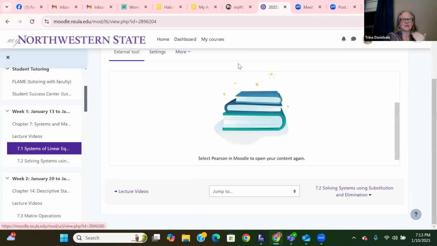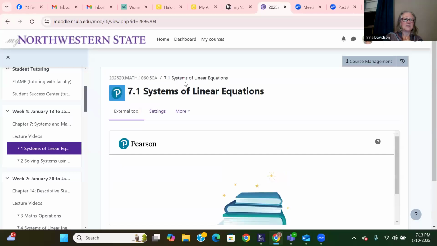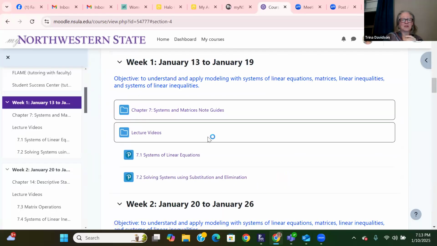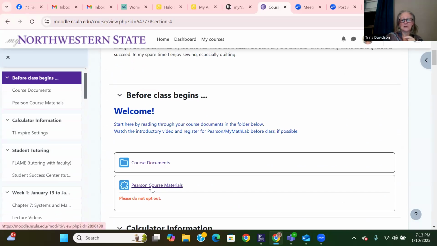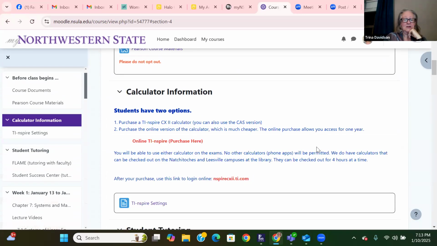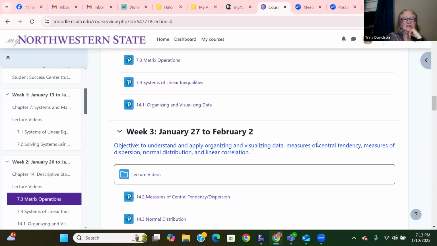It'll open just the assignment, but you just won't have that toolbar on the left. Again, you always have the option. It'll open up once I change the date in there. You can always go into Pearson course materials, which I do like better because you have that full toolbar on the left, or menu bar, whatever you want to call it, to look through things if you need them. Hey, I think we have everything.